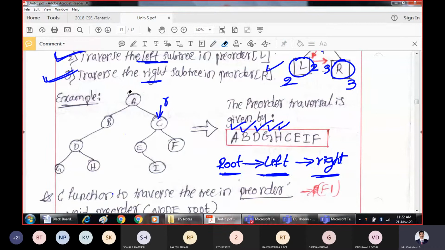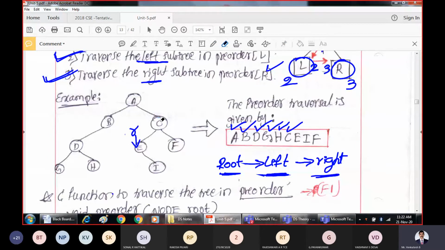So whenever you are present at a root node, what is the procedure? Apply the same procedure. What is that? First process the root node, left subtree, then right subtree. So what is the root node? C. Process it. That means you print it. C has been printed. Whenever you process a root node, after processing it, you have to go to the left subtree. That means this root will not be the root now. Now this E becomes the new root node. I will erase it for understanding purposes.